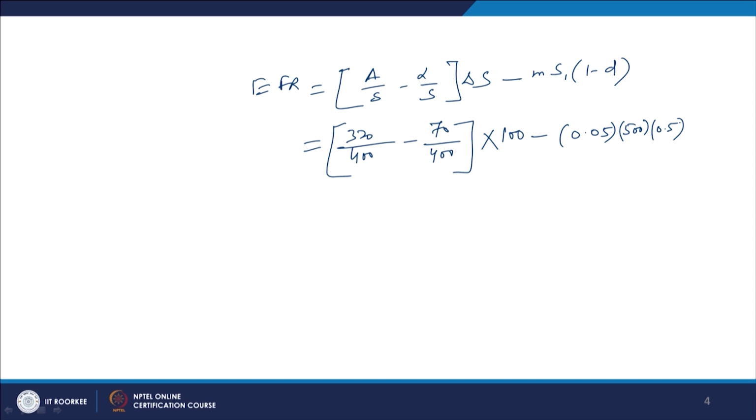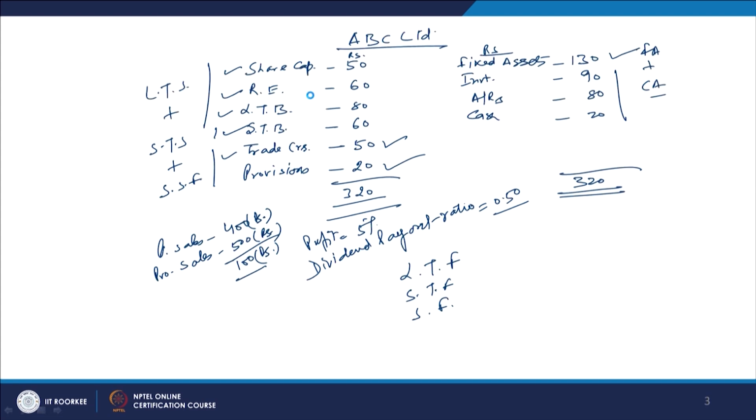So, it means this is going to be the final. We have put the things here, and if we solve this, the final result comes out as 50 rupees, 50 lakh or 50 millions, which is going to be the total requirement of the funds. That is, the EFR, the total external financing requirement, is going to be rupees 50 millions if the balance sheet level is this much, which is already prepared by us,